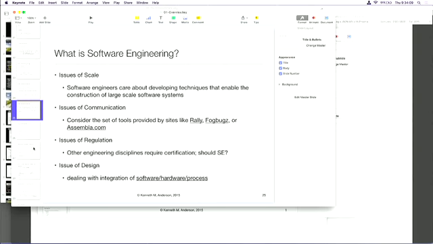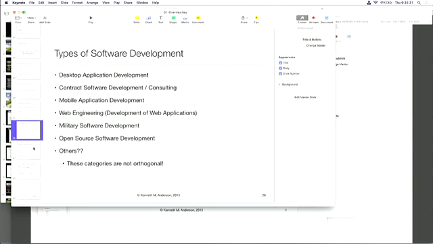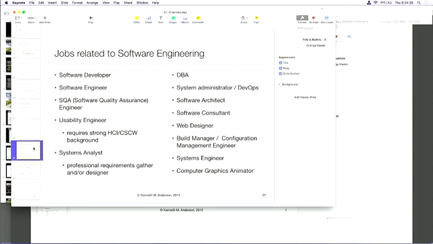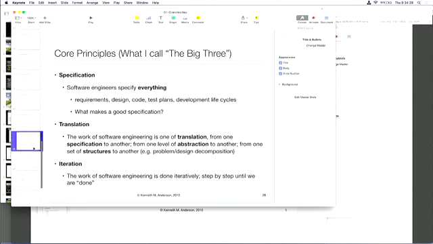And towards the end of this lecture, I also talked a little bit about issues of scale and issues of communication, trying to bring in distinctions between just programming and the discipline of software engineering. Programming just becomes one of many things that we have to worry about and be able to do. I talked about the different types of software development and jobs. And then more importantly, these last couple of slides had questions that also appeared on the homeworks about some of the core principles and this notion of